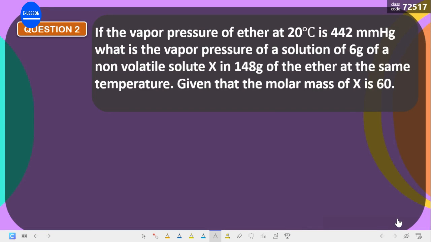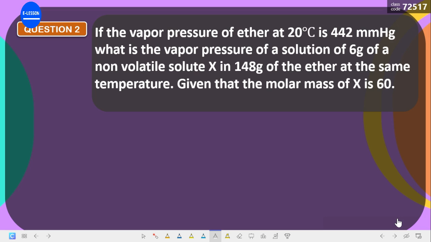Now we've been able to calculate the vapor pressure lowering and the vapor pressure. Now there are some questions that will be given to you. You'll be asked to calculate the molecular mass, and this time not vapor pressure lowering or vapor pressure. Now there's a formula for calculating this. Let's try and derive the formula. It depends on the concentration of the solute. That is what determines the formula that you are going to use to solve this.